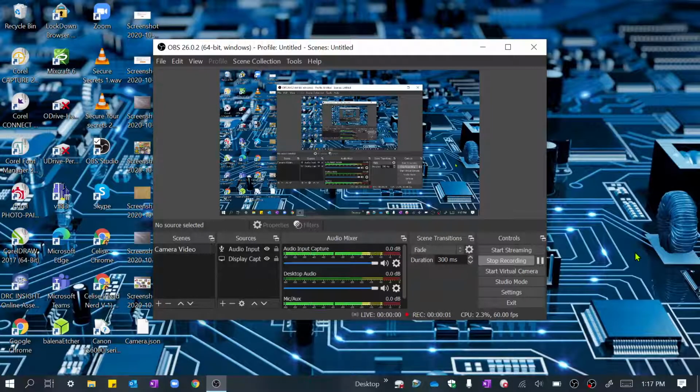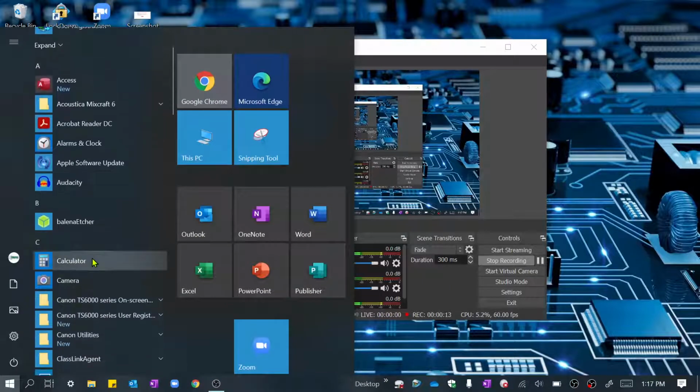In this video, I'm going to show you how to use your laptop's camera. So the first thing that you want to do is come down to the Start menu, which looks like the little window. Click on that, and then you're going to find Camera in all of your programs, and then click